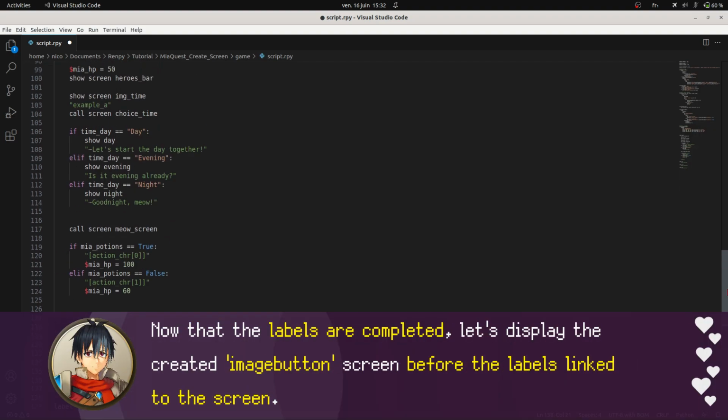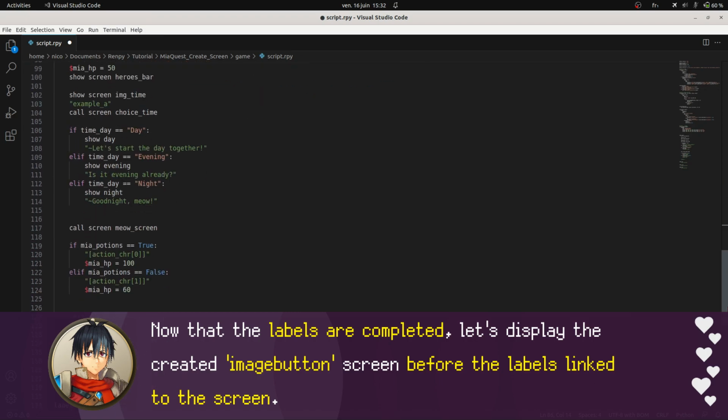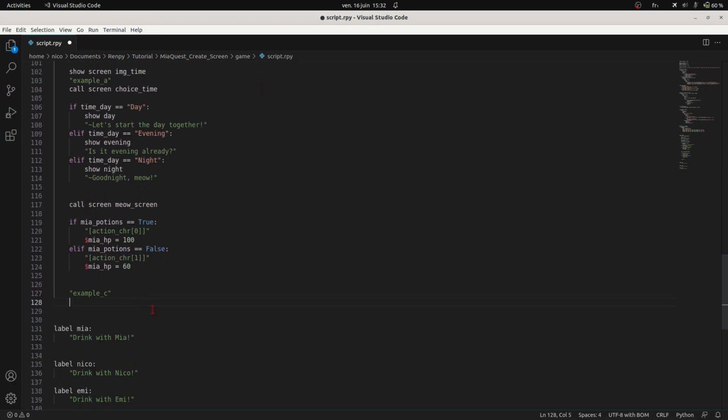Now that the labels are completed, let's display the created image on screen before the labels link to the screen.